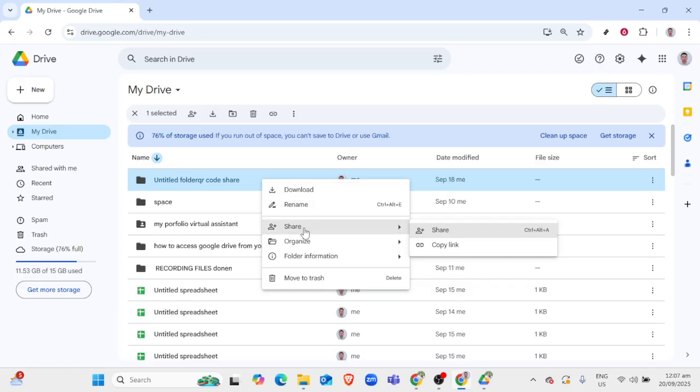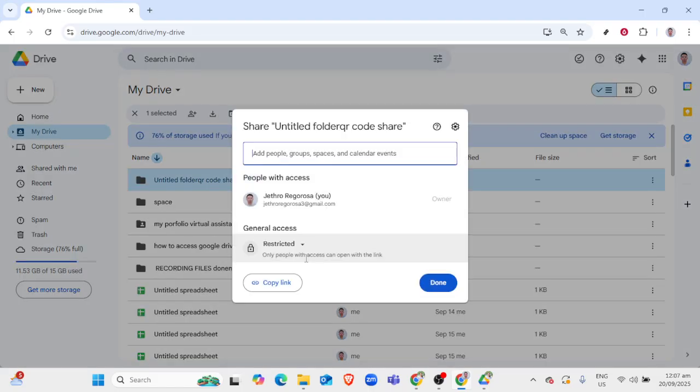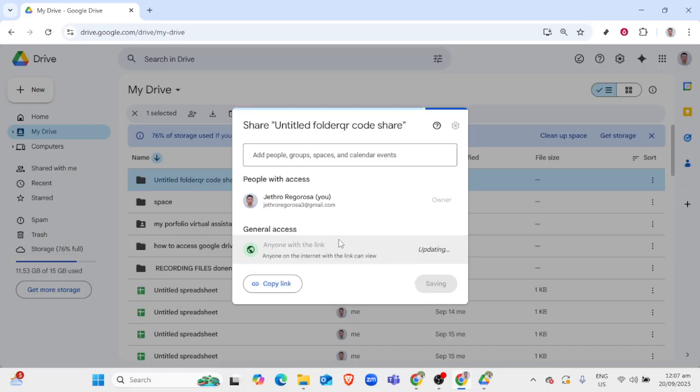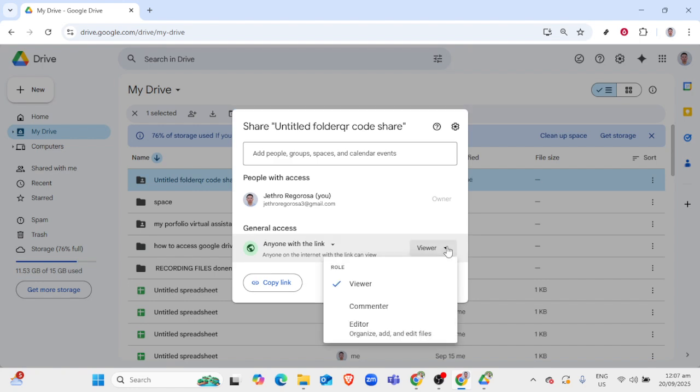From this menu, you'll want to select the Share button. This is typically represented by a small icon that looks like a silhouetted person with a plus sign. Clicking this button will open up the sharing settings for that particular file. Here, you will see the different sharing options you have set up, as well as the people who currently have access. In the Sharing Settings window, look at the bottom right corner to find a little cogwheel icon, which represents